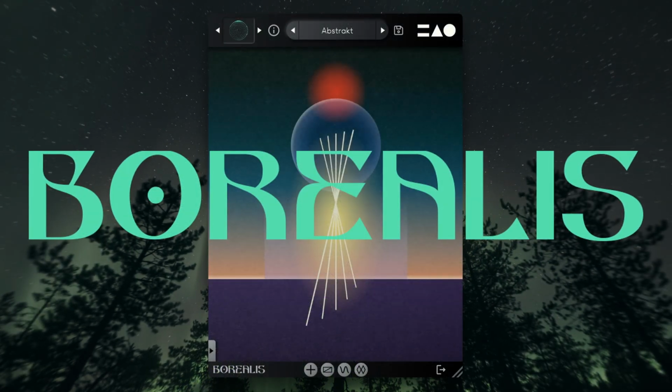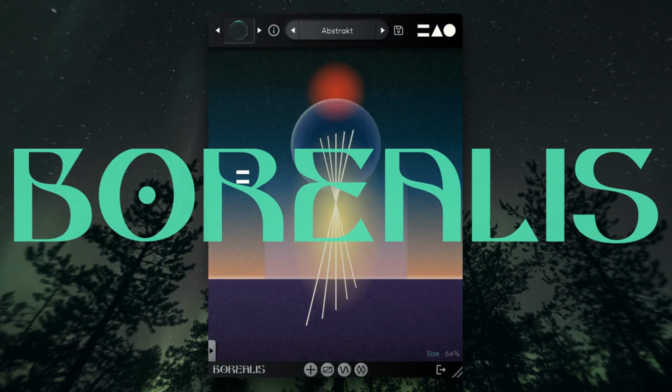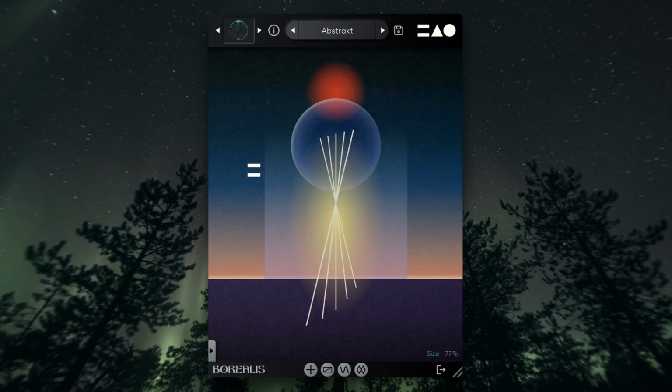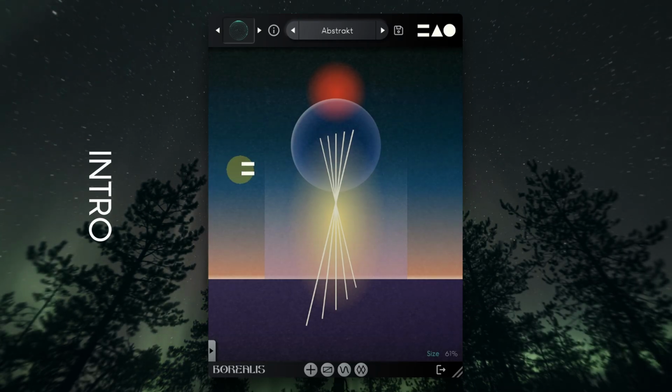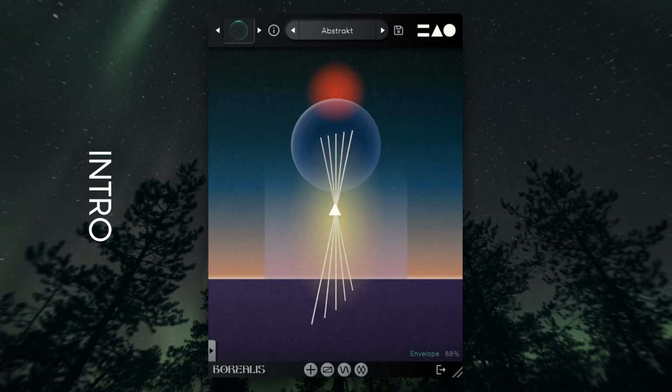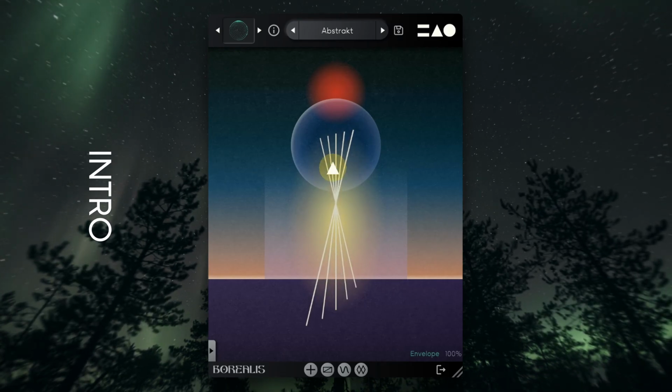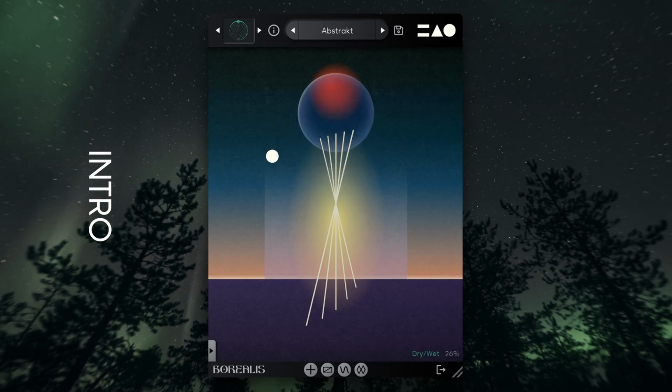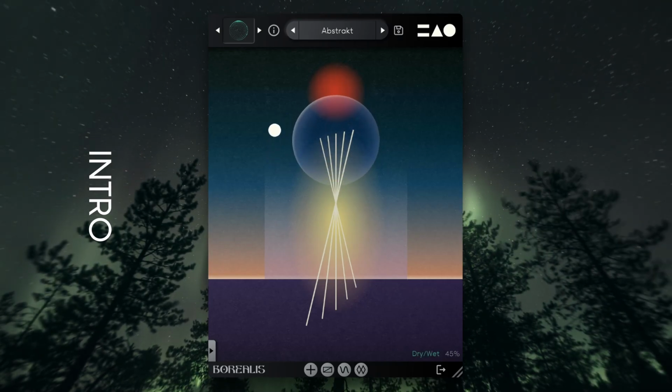This is Borealis, the first effects plugin from MNTRA. We describe Borealis as an animistic performance reverb, but it goes beyond any conventional reverb plugin. Borealis brings spatial effects to life, responding to your playing dynamically, creating an inspiring dialogue between what you put in